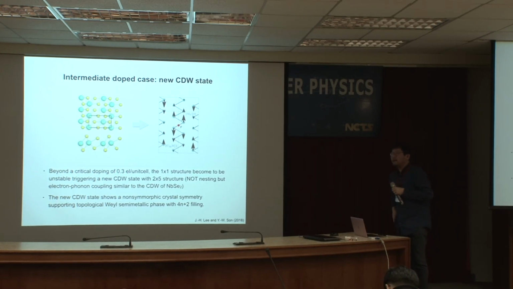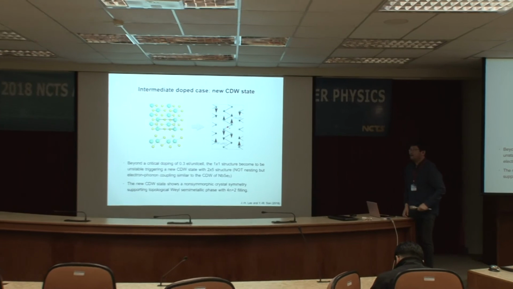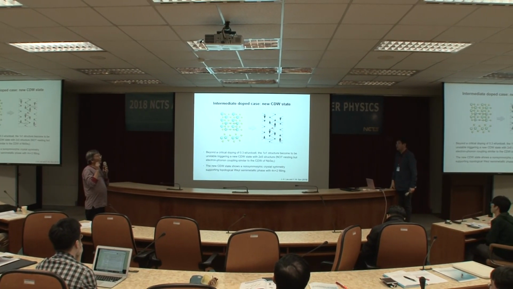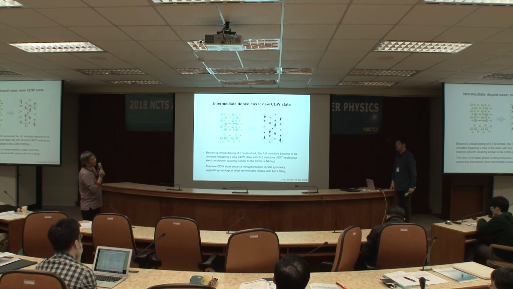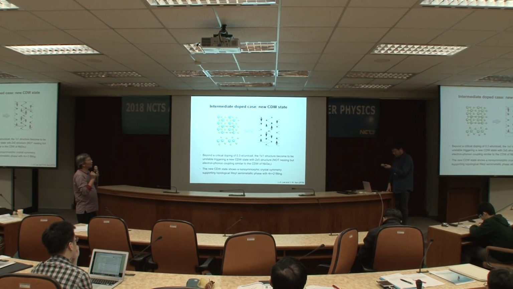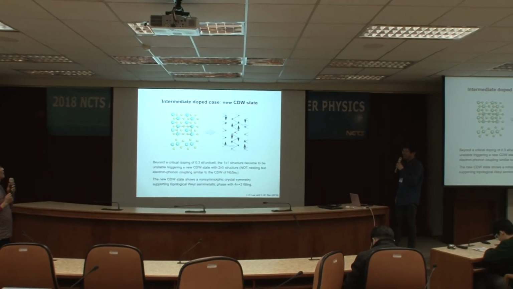Any other question or comment? If not, I have the last one, okay? For your transition temperature of the 2H to 1T prime for MoTe2, the theoretical prediction for the transition temperature is 150. Experimental is 250. Okay, can you do further better than that? So we try very hard, but we cannot. Okay, thank you.